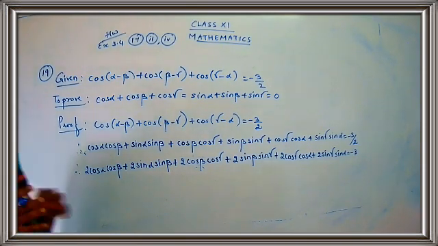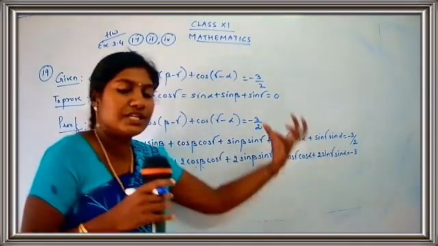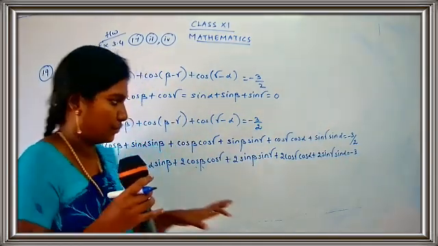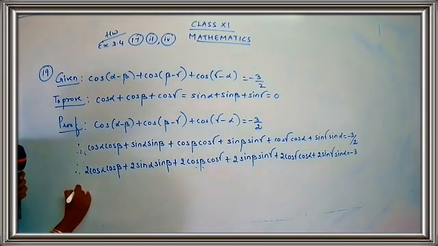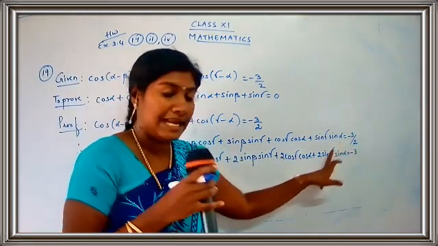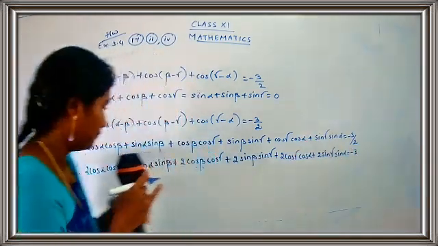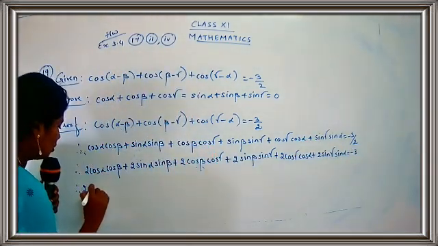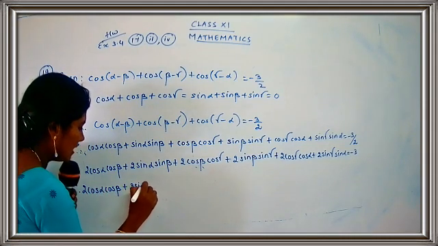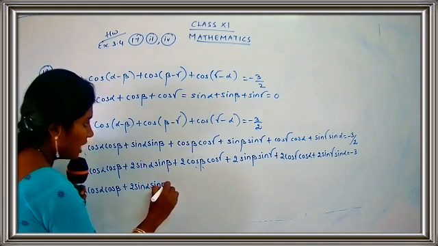We are just going to bring this minus 3 to one side. So we are just going to bring all the terms on one side and we are going to keep the RHS as 0. Okay, children? Just see here, children. I am going to bring the minus 3 to the LHS. So when I bring minus 3 to the LHS, it will turn to plus 3. So I get here 2 cos alpha cos beta plus 2 sin alpha sin beta. Are you clear with the step, children?